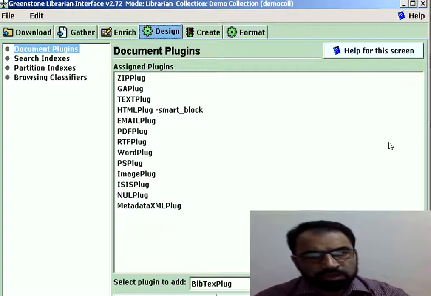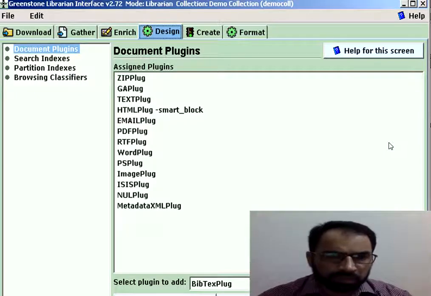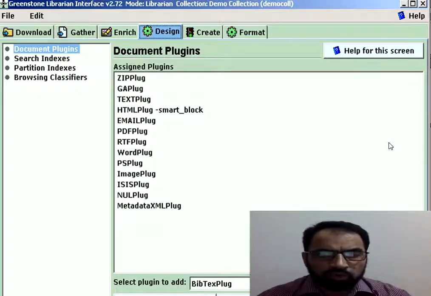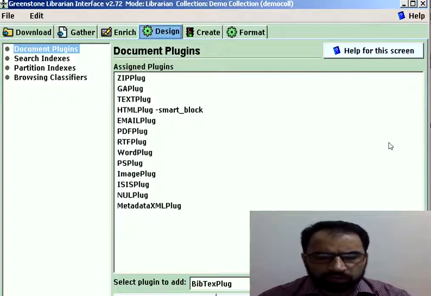So the first part of designing is the document plugins, where some text files may be there, PDF files, Word, PowerPoint, or any type of file which we can get from the internet, or which we may have stored in our system. We have to use a specific plugin.